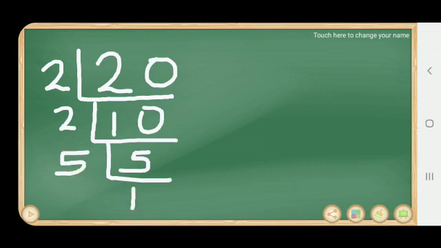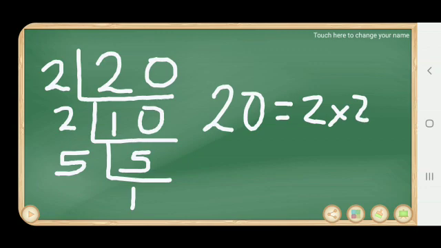So 20, how can I write 20? 20 equals 2 into 2 into 5. I have said the method prime factorization, that is factorization using prime numbers only. We can take only prime numbers, no other numbers we can take. Okay,